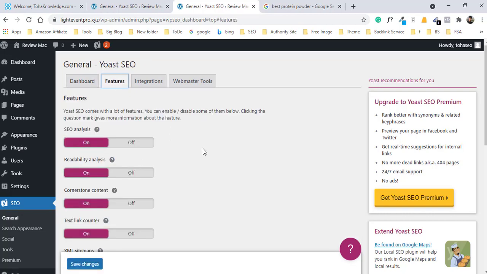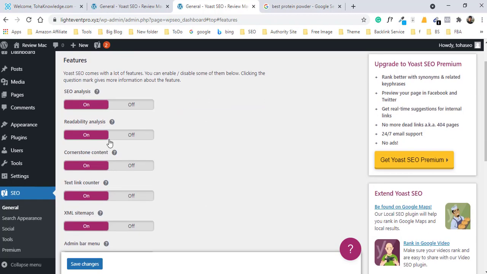Here you can see what type of features are enabled. Here you see that SEO analysis is on, so you can see SEO analysis in your posts or pages, readability analysis, cornerstone content. Cornerstone content helps you tell Google and other search engines which content is most important.